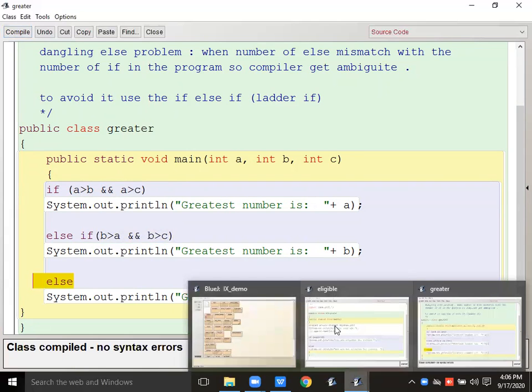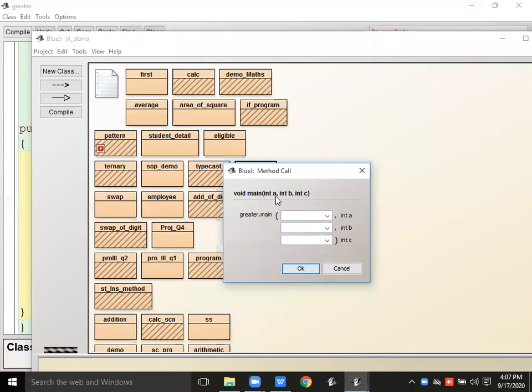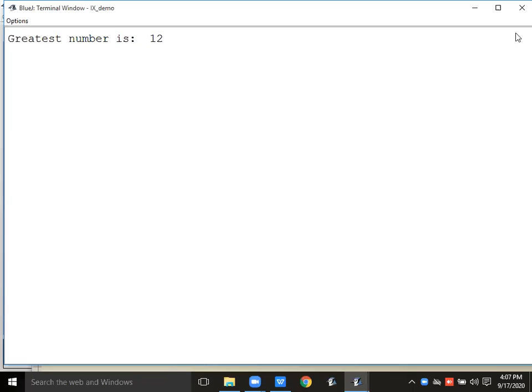Compile and now here I will give 12, 10 and 1. So obviously A is the greatest number, so it should display 12. 12.